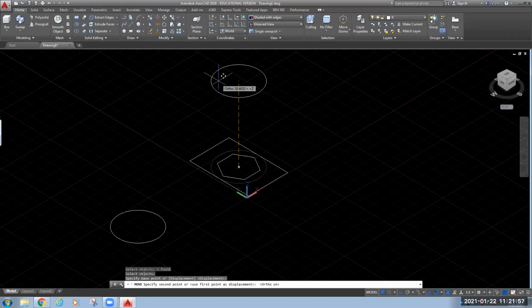Okay, now see carefully what I want to show you on the screen. Here I have kept my cursor stationary.